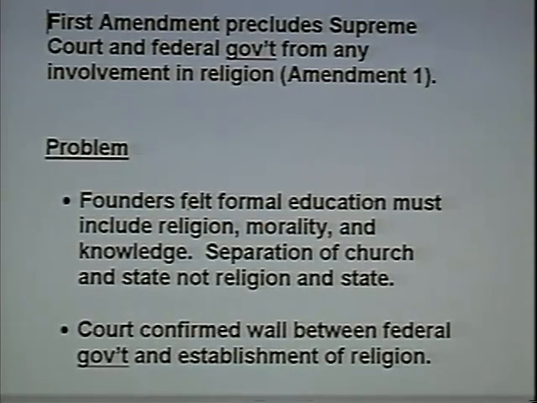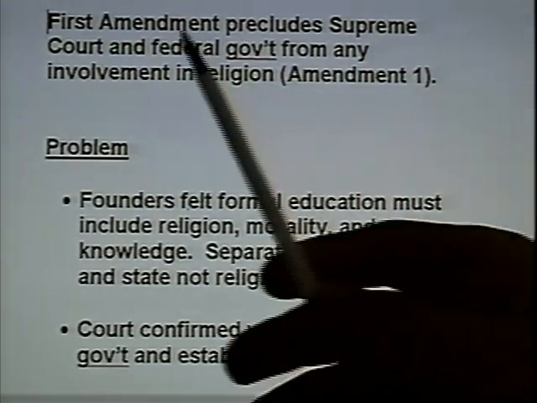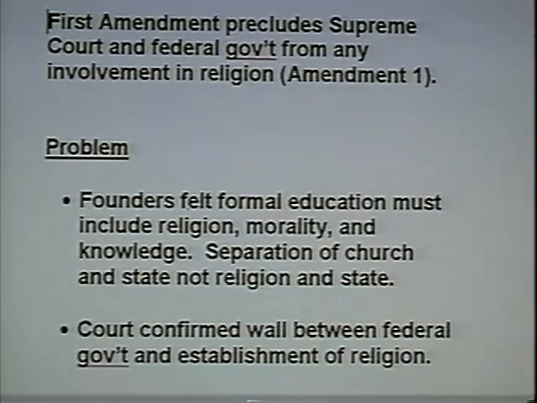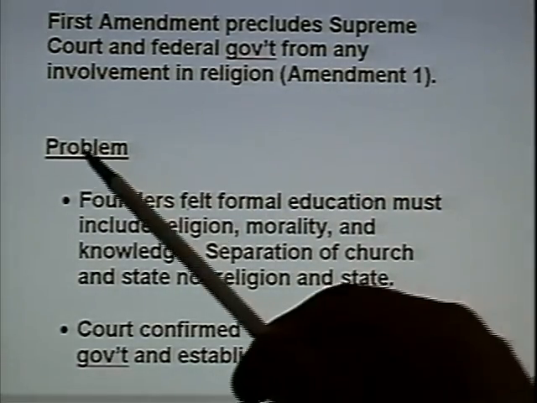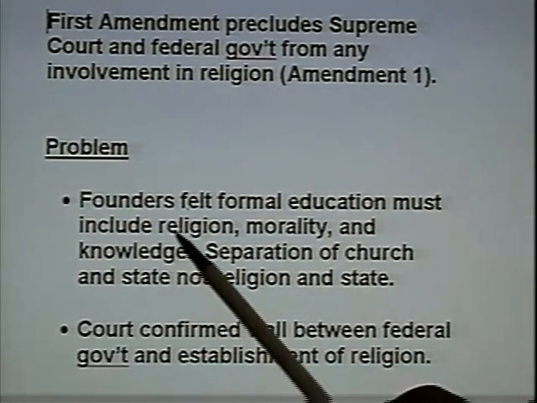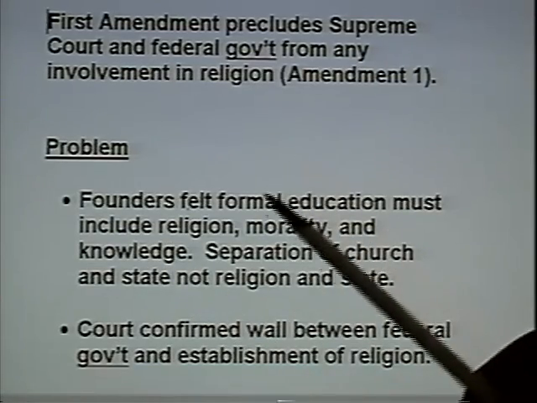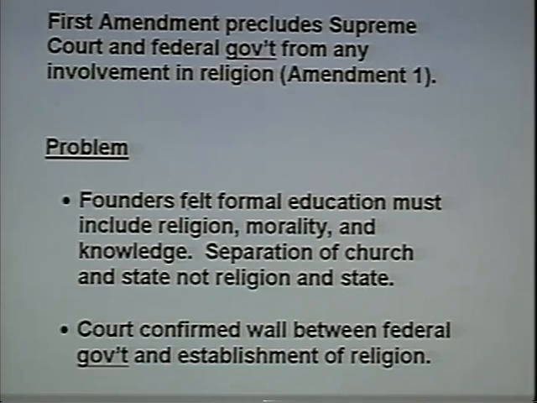Now let's talk about Amendment 1. The First Amendment precludes the Supreme Court and federal government from any involvement in religion. The problem is this, folks: the founders felt formal education must include religion, morality, and knowledge. We're talking about formal education related to religion, just the basics of all religion. And they also believed in separation of church and state, and not religion and state. And for many, many years after the Constitution went into effect, the court confirmed the wall between